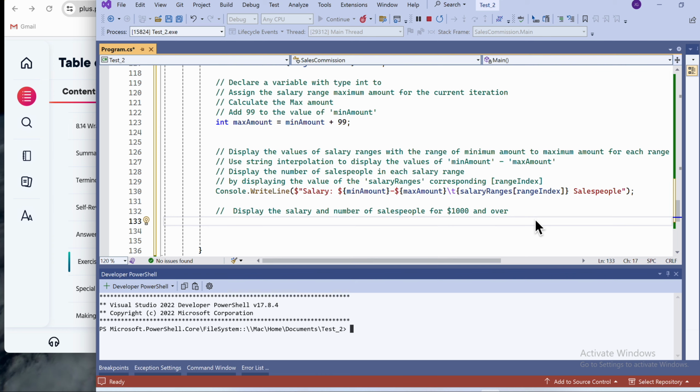For $1,000 and over. So we will say Console.WriteLine, and inside the WriteLine we are going to have salary. We want the double quotations, "Salary", just like we did here, and we're going to give it a